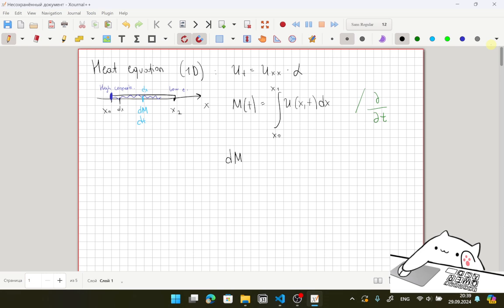Since this mass depends only on t, we can write the direct derivative by dt equal to the integral from 0 to x1 of u(x,t) dx. And